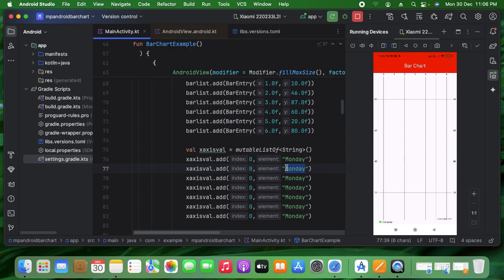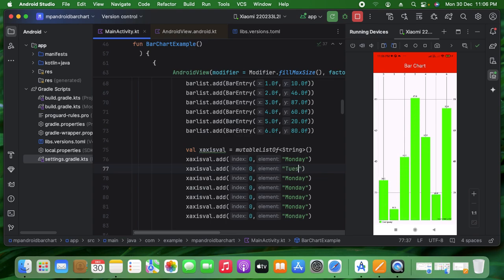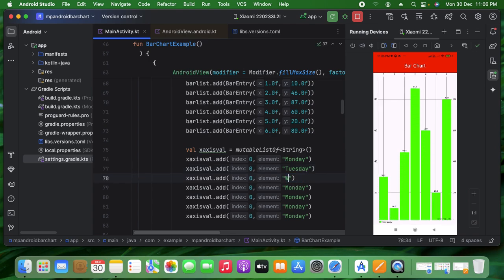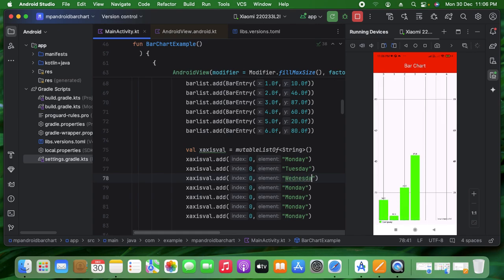So here, making maybe the Tuesday, I'm just doing the labeling, or you can give the year labeling, so whatever it be. So this is your Wednesday, and then